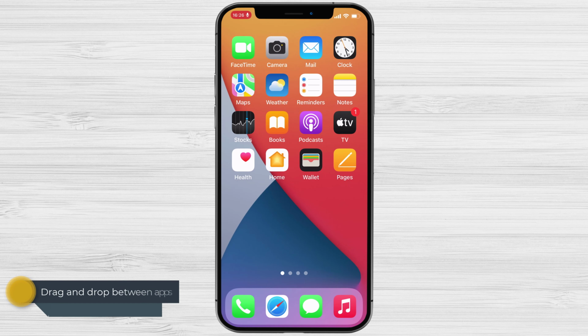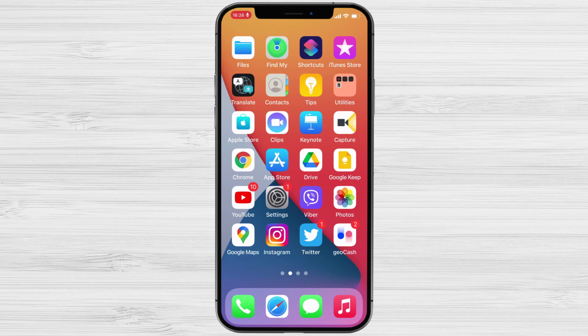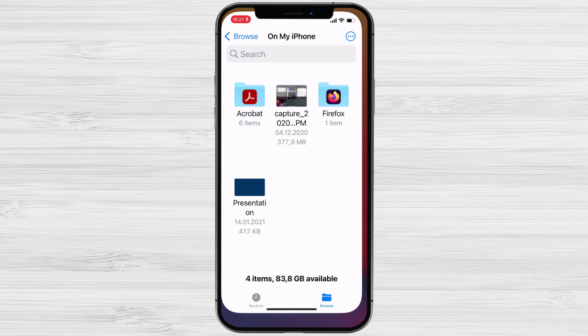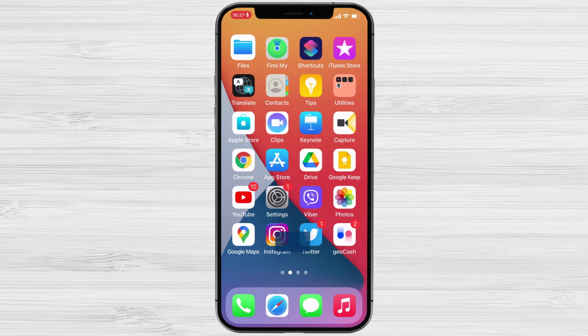How to drag and drop between apps in iOS 15. The iPad OS has long had the ability to drag and drop files between applications, but this feature has been added to the iPhone with iOS 15. You can now drag and drop files from one application to another using images, URLs, or other data types. You can drag from one application to go to the home screen or multitasking launcher to open another application and drop text, images, URLs, or other data. This gesture works the same as on iPad OS, but it's a bit harder because the iPhone screen is much smaller. Keeping a single finger dragging the item while the other hand or a finger launches another app can be tricky, but after you get used to it, you will love it.